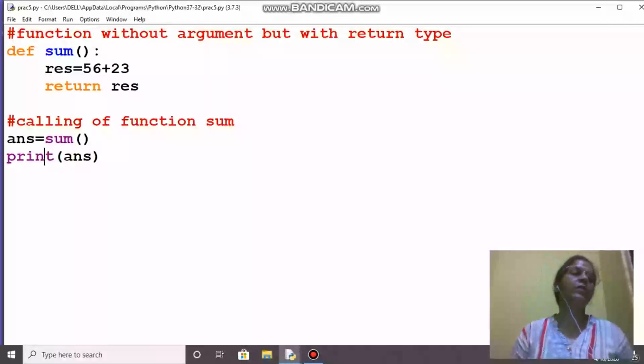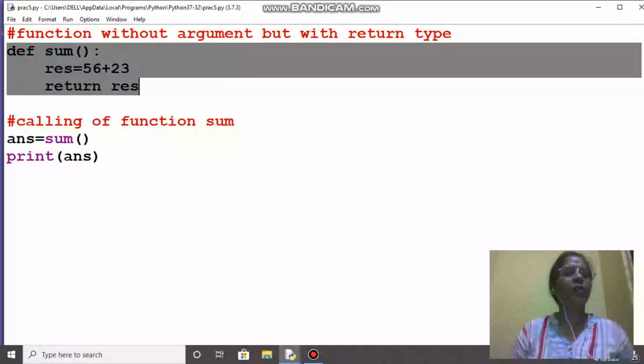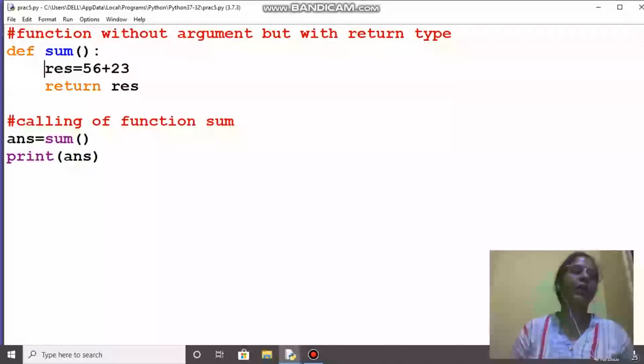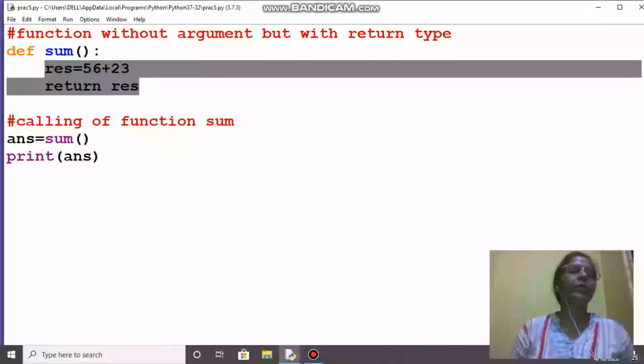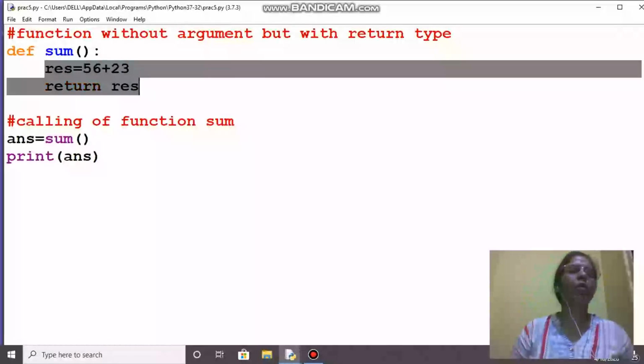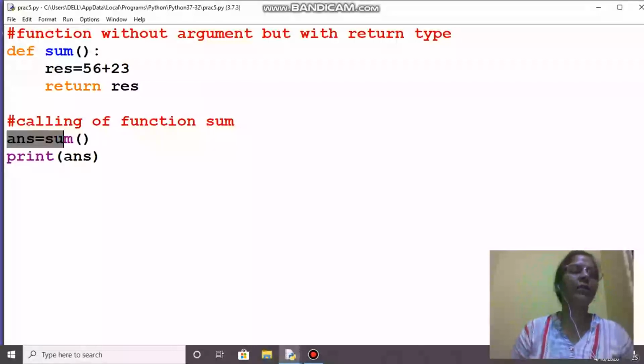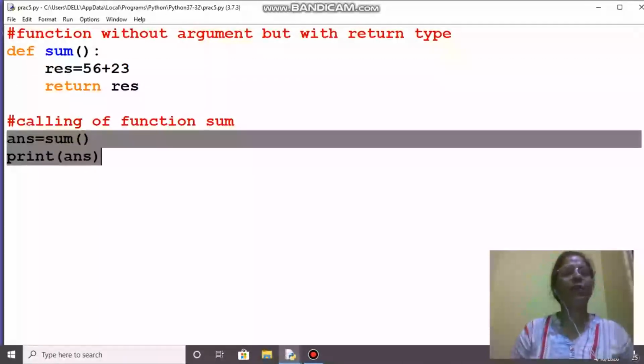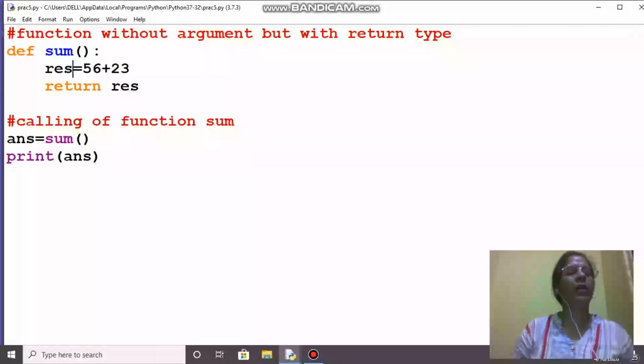This block is a different block where you can see it is written def. So this is a different block. Function is nothing but a named block. So the named block is starting. What is a block? Block means here these two statements. These are the statements within the block whose name is sum, and this is different. This is the calling section of the sum function I have created. So this part is different and this part is different. So this is the benefit of returning, that we can use the returned value further somewhere else.